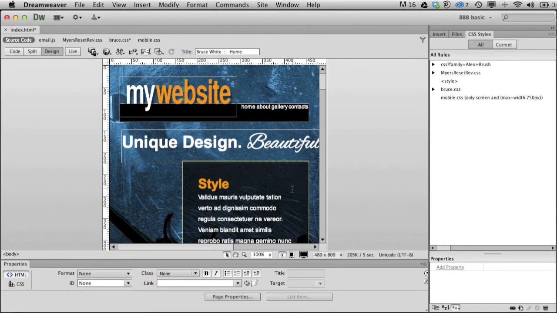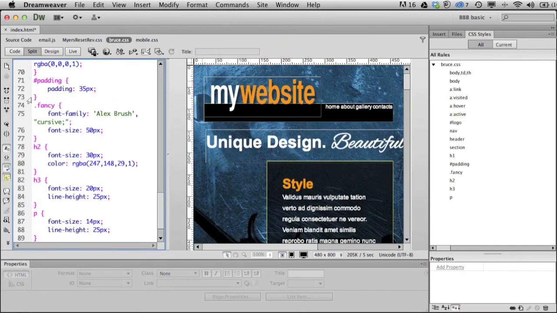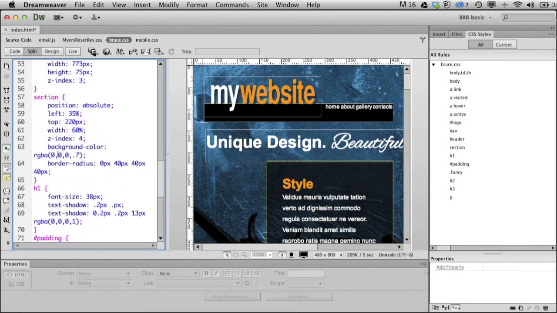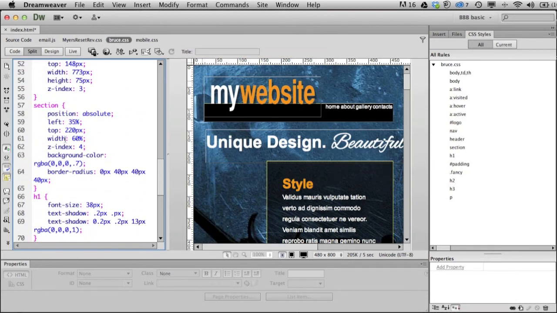And one of those changes is I want to change the section so it goes all the way across to here. Okay, so let's do that first. I could go into the Bruce CSS and find the code for the section, copy and paste it into the mobile CSS and then change what I needed to change about it. But really all I'm doing is changing the width